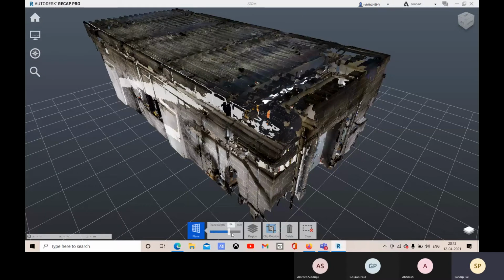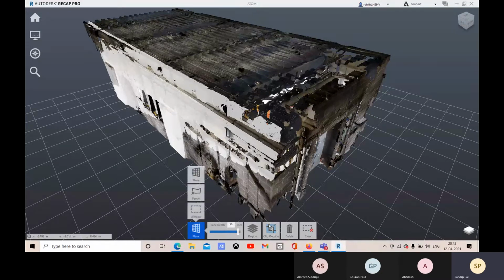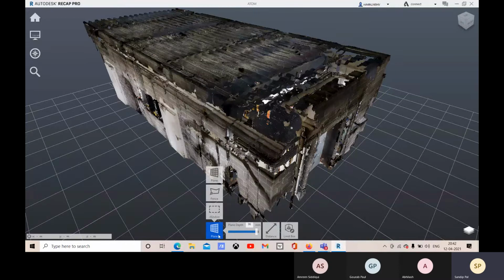So you increase the plane depth, the farther you can select. Like that. So you can deselect with the clear option, and again you can go for plane. Let me just show you.